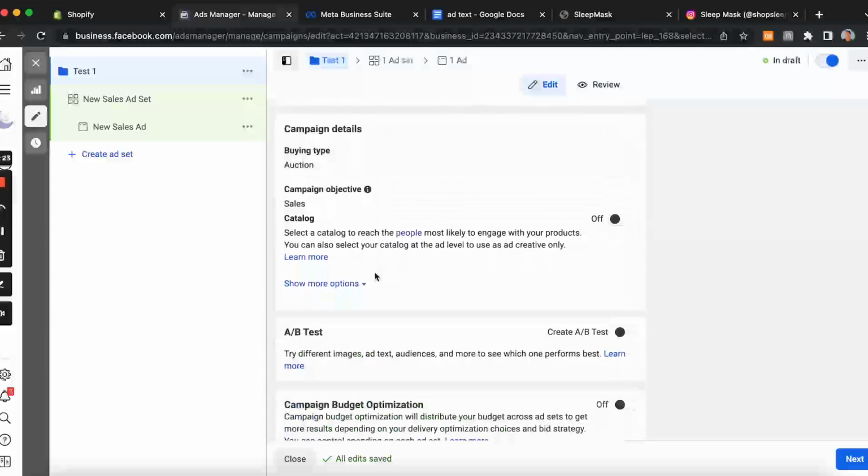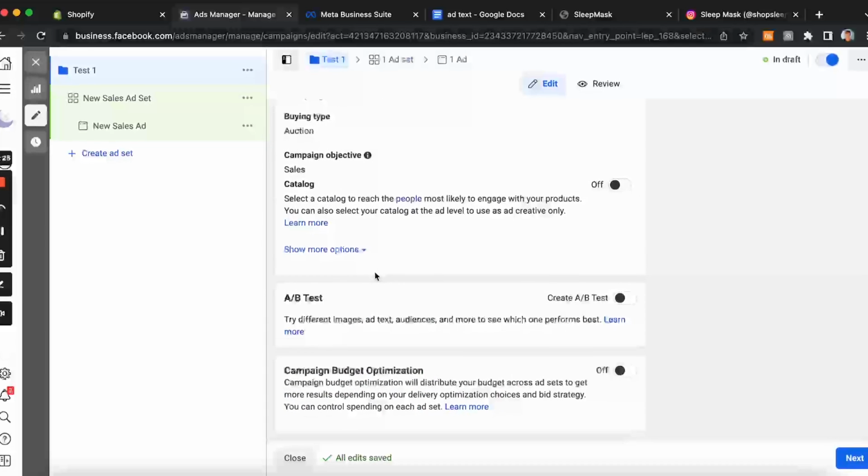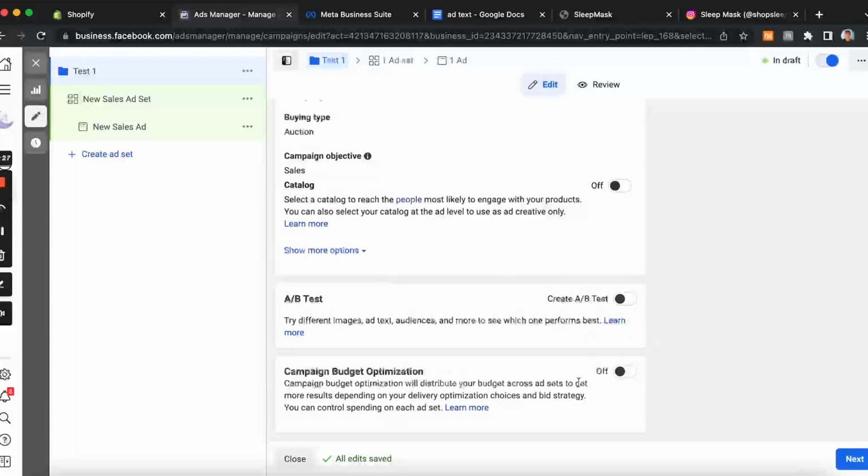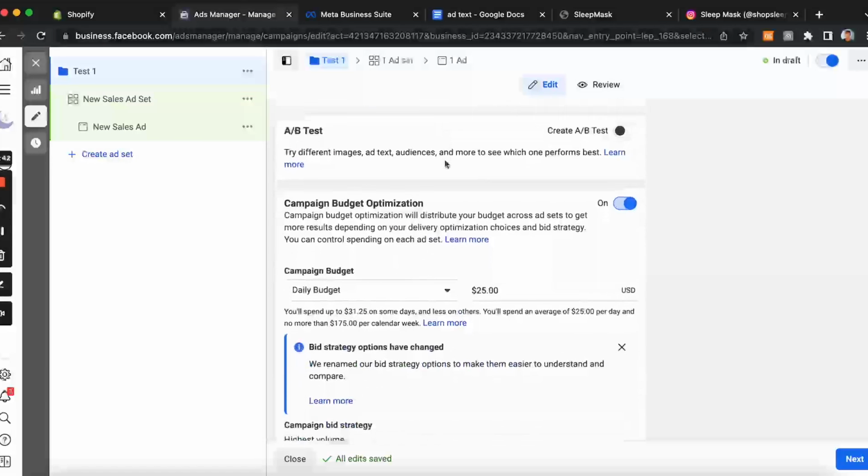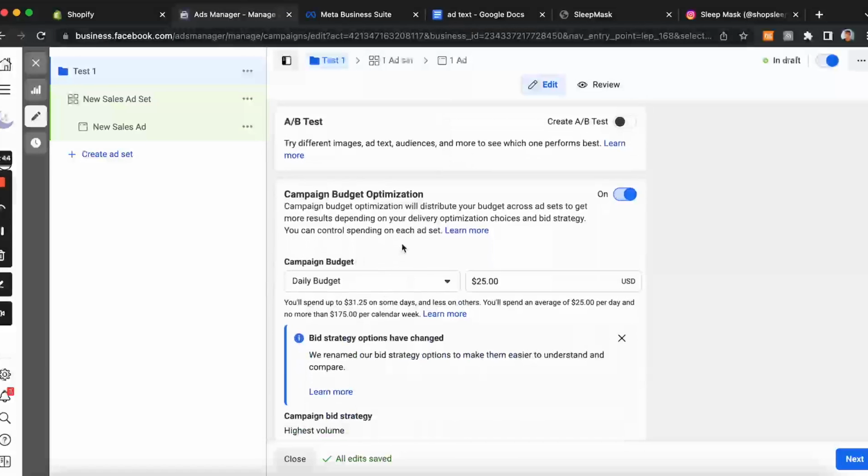And then I'm going to scroll down. And now I'm going to turn on this campaign budget optimization. So what this is going to do, it's going to show this ad to the most amount of people that will have the higher chance of doing a conversion. That is my goal with this ad. So Facebook is going to show this to as many of those people as possible, and they have all the data for that. So